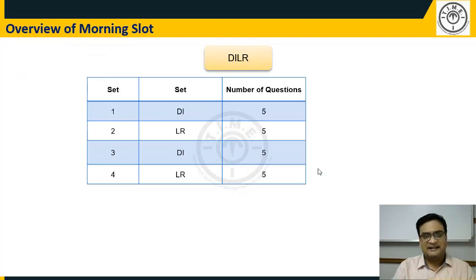Let's look at the DILR, the structure overall. Now, this was a major change. There was a major change this time in the DILR section versus the last year. Last year, we had 20 questions. This year also, it's 20 questions. But one major change that we saw in the very first slot was there were 5 questions in every set that we had. So there were 4 sets of 5 questions each, which overall changed the dynamics of the test, because previously